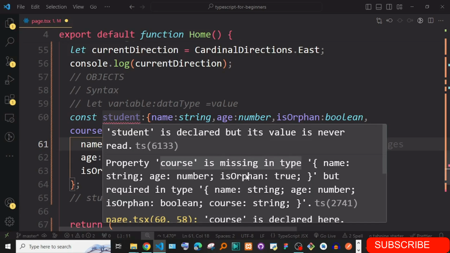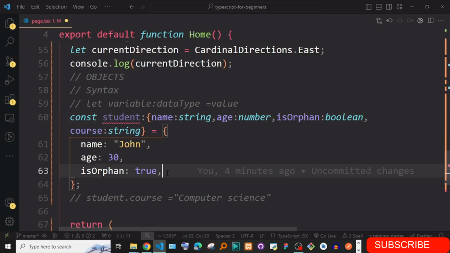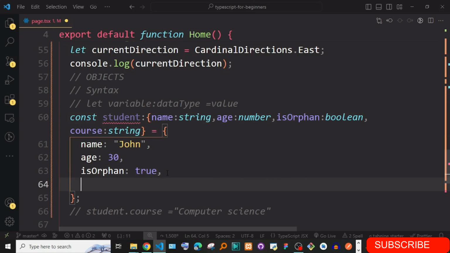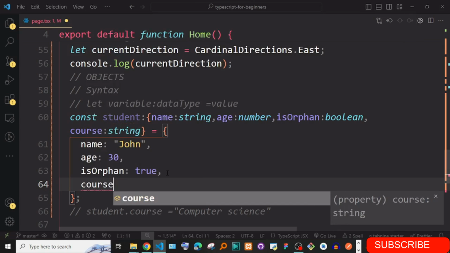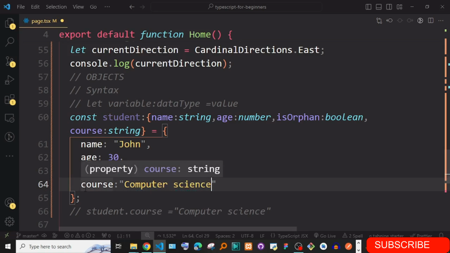Okay, so here you said this object is going to have a course, but actually you don't have it. Of course we could solve this by coming here and adding a course, setting it to computer science. We could do this and the problem is gone.